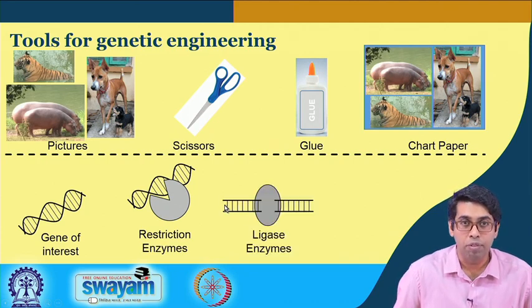Once you have these different pieces of DNA, you will need to join them. That joining or pasting is done by a molecular glue, which is another enzyme called ligase. Ligase will take one double stranded DNA and another double stranded DNA, and it will join them. It will join both the strands by forming a covalent linkage. It will fill in the phosphodiester bond between these two strands, so that you will have a complete DNA sequence with no breaks between them.